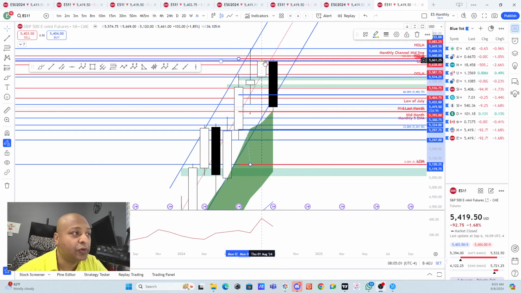The last observation on the monthly chart, based on if this bar is a trading range bar, then if we are drawing our FIB tool from the top of the last month to the bottom of the last month, we see that the 33% of this particular bar is at 5301. So this is one area where bulls might be present again in this whole area, based on the monthly chart's FIB levels.